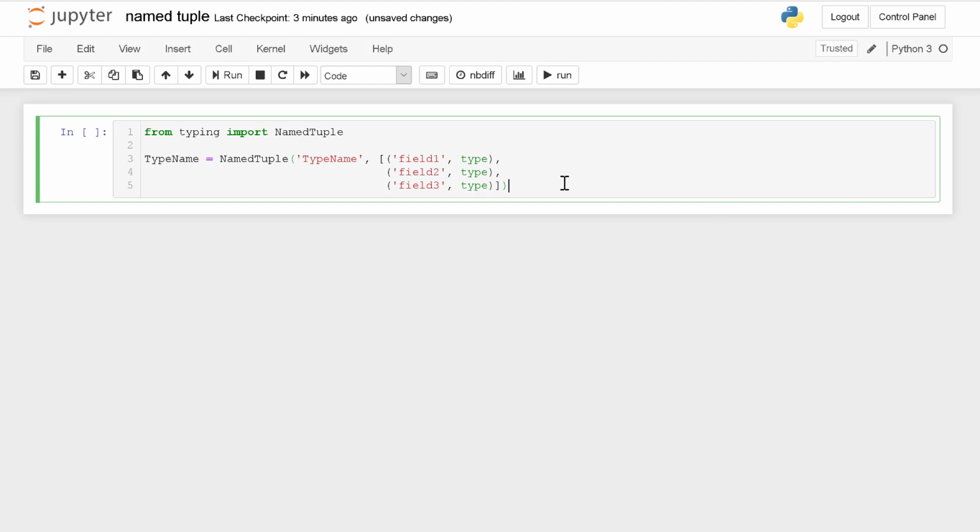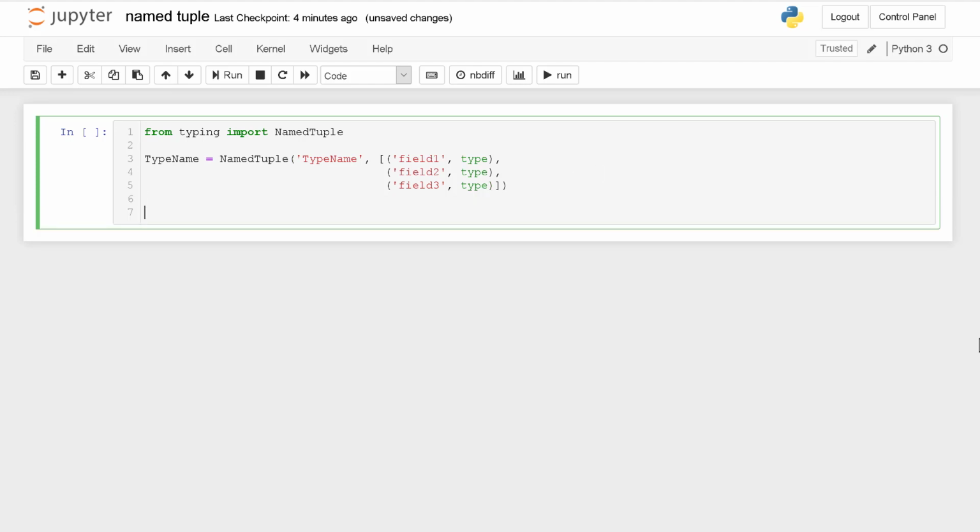Let's see a concrete example. Maybe we want to create a type that can represent a course. So we'd say course equals named tuple. I repeat the type name as a string, and then inside my square brackets, which makes a list, I list the fields. Perhaps I want to list the instructor name, that would be a string.